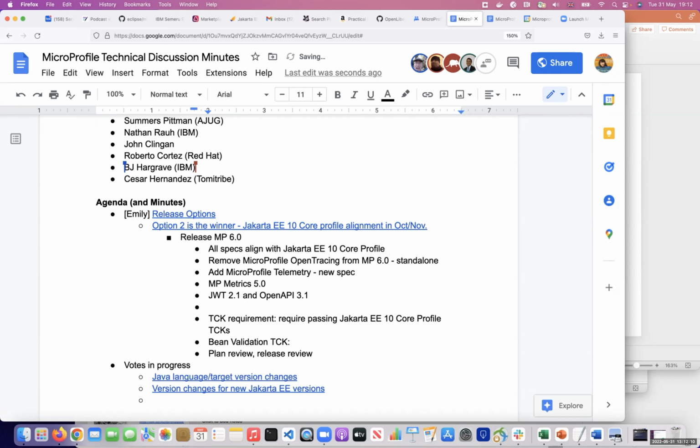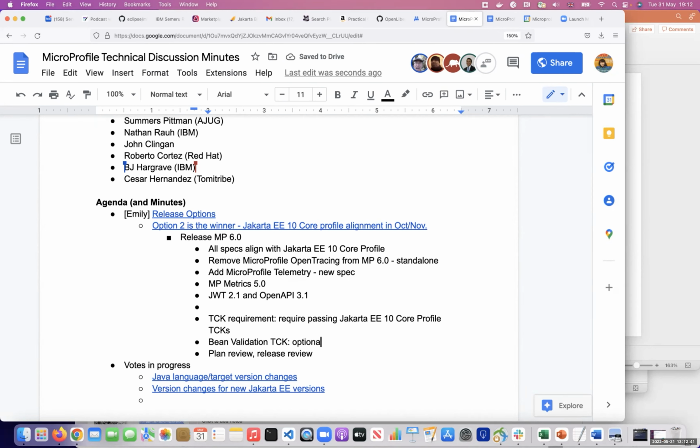Maybe we could make it optional. Basically, we do not require it, because this is the first release of OpenAPI 3.1. We're not sure whether it can work really nicely with Bean Validation or not. So I will just say optional. Are there any objections?